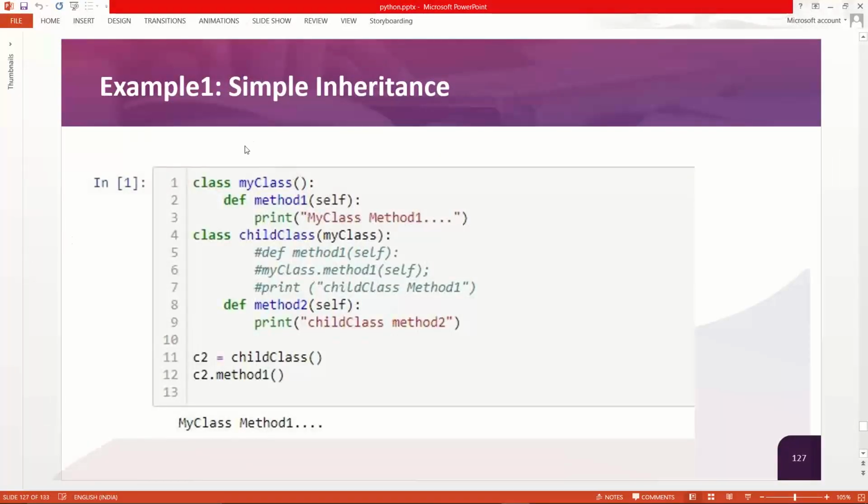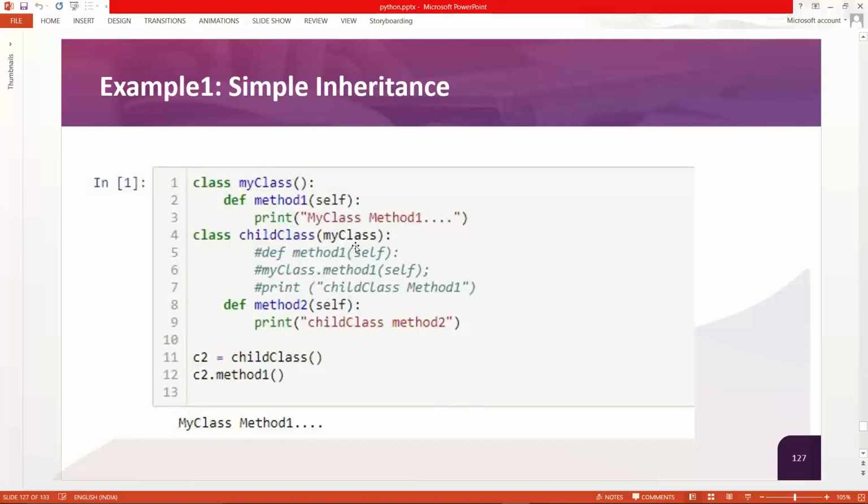See, over here you can see there is a class, my class. It has a function, method one, which includes a print function inside it, and there is another class, child class, inside which we have called the base class, my class. Now child class becomes the derived class.